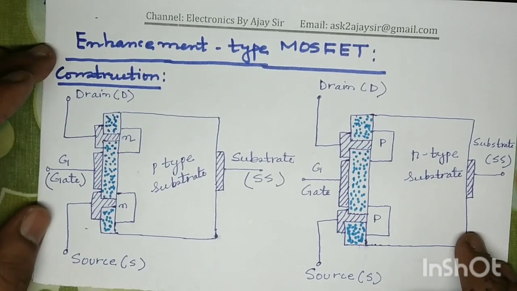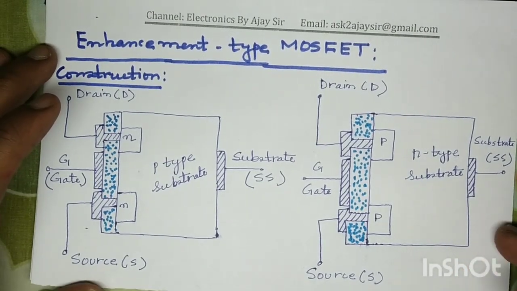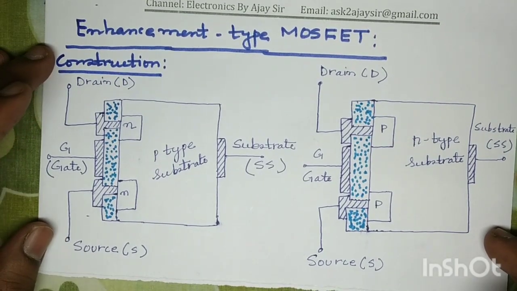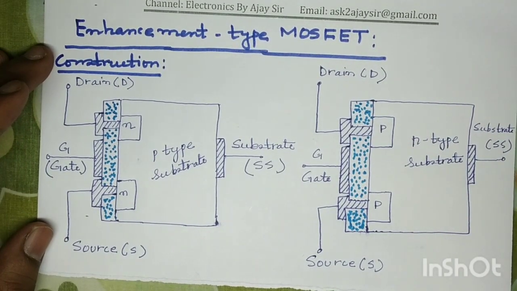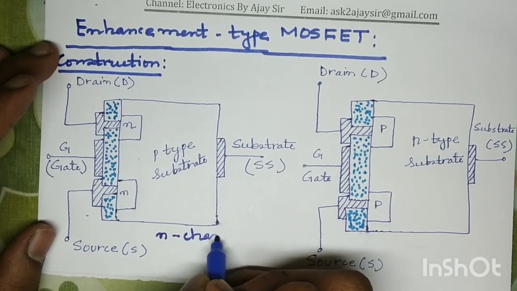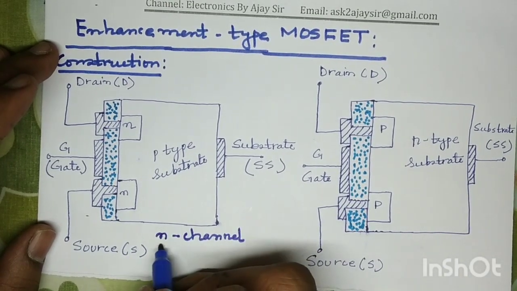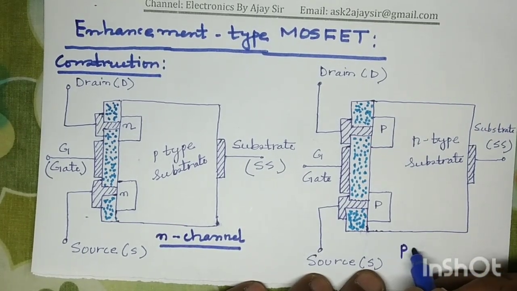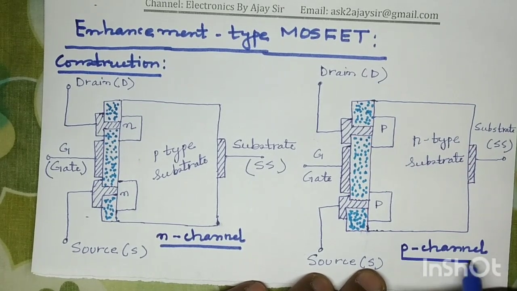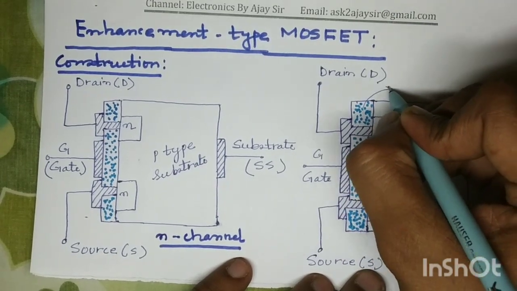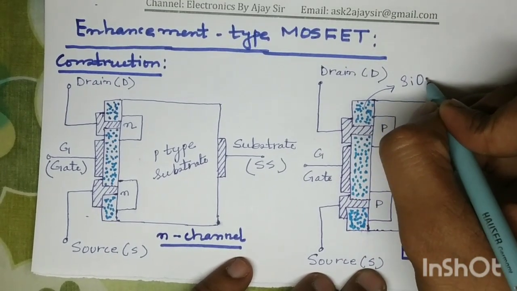So look at here, I have drawn the device structure of N channel enhancement type MOSFET. This is the N channel enhancement type MOSFET and this is the device structure of P channel enhancement type MOSFET. Again, this dotted line is the SiO2 layer,